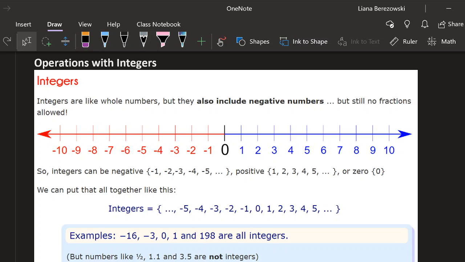And first thing we want to do is remind ourselves what an integer is. It's just any whole number that can be positive or negative. So by whole number, we mean no fractions, no decimal, just those nice whole rounded numbers. Then they're either positive or negative numbers.